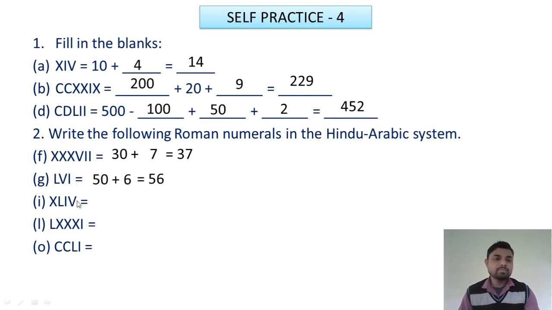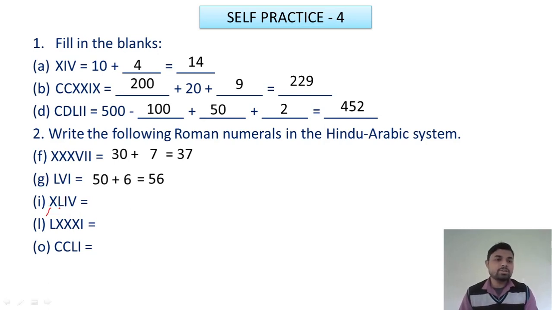Okay. Now XLIV. Yes students, just see XLIV. Dear students, X means what? 10. L means what? 50. Can you add this X, 10 plus 50? No, because here this is larger than X. So we cannot add, because when we add, the smaller will be on the right side, but here the larger is on the right side. So we cannot add. Okay. So you have to think in a different way.